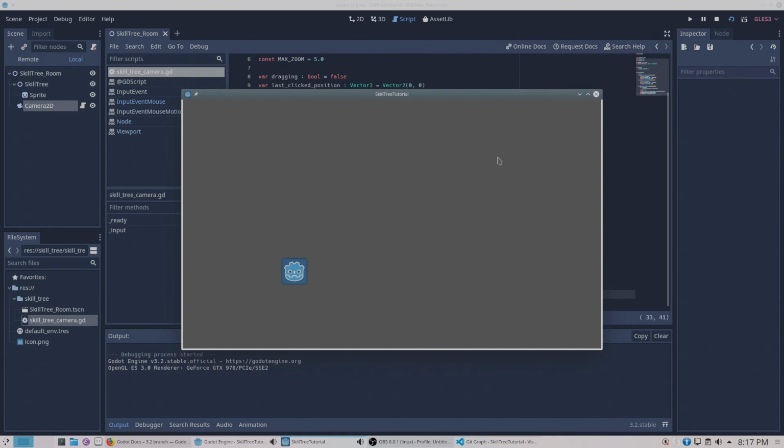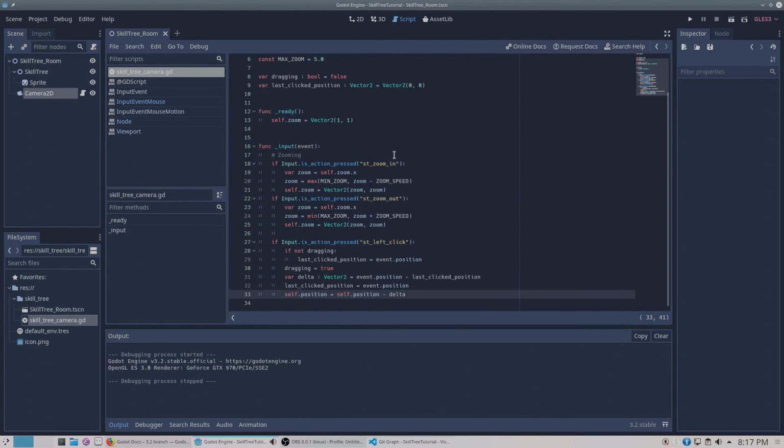And this is the actual problem right now, where whenever we click, the camera moves, and that's not what we want. So how to prevent this? What we're doing here,